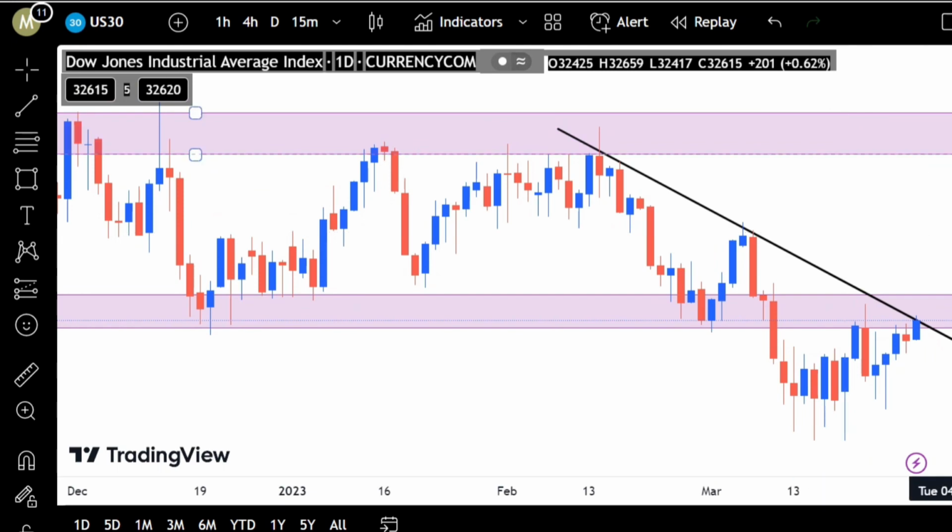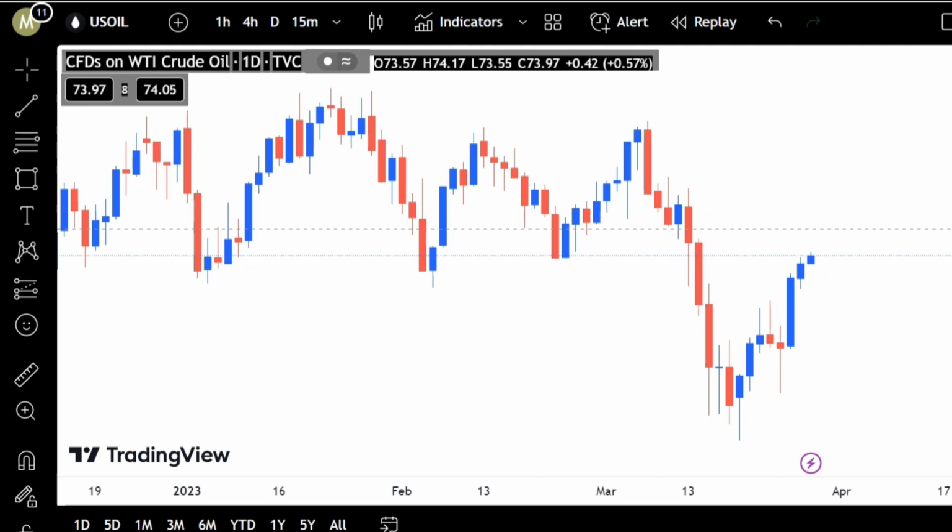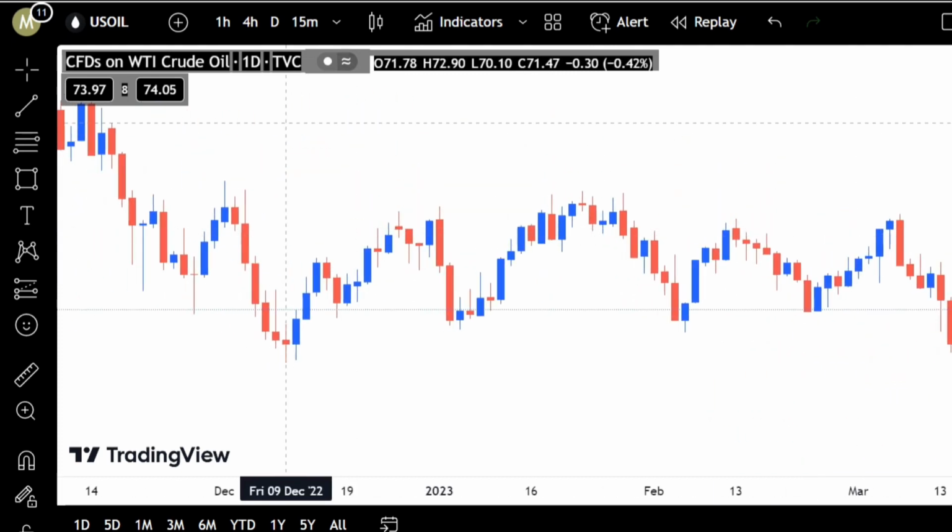So traders, this is just US30, and this is the same thing that we had also in USO right here. Now USO, we had the same market. As you can see, we had a ranging market. Again, how do you draw it out? Mark out